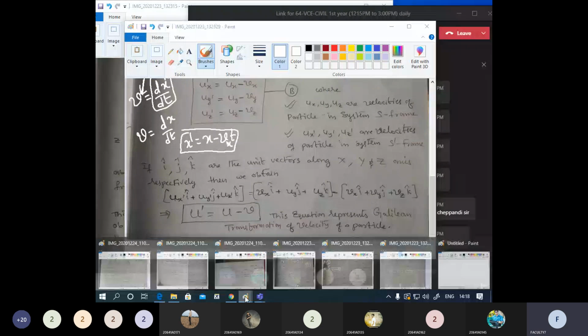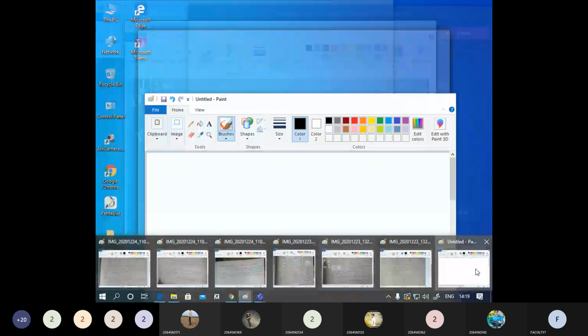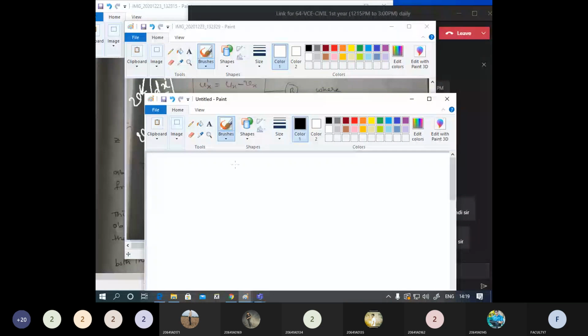Let me go with another empty paper. x prime equals x minus vt. We are going to differentiate this in order to get the velocity. I will differentiate with respect to time here. Same thing on the right hand side, minus